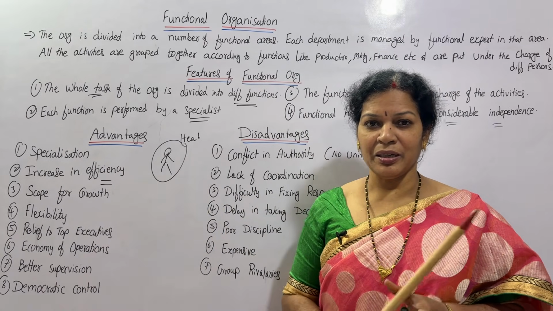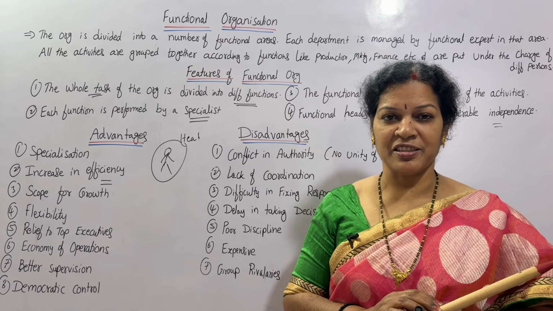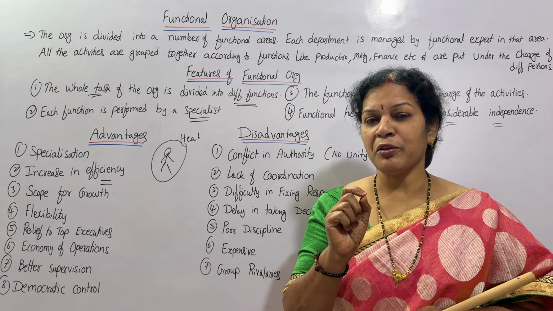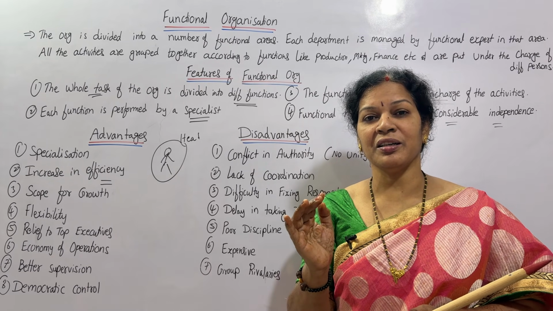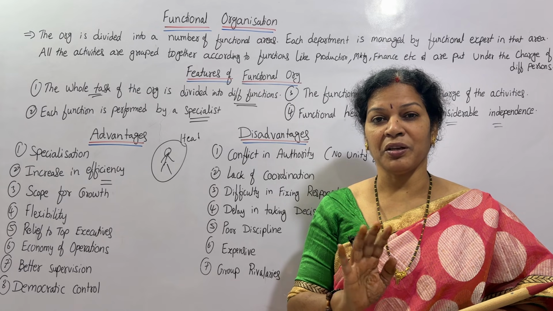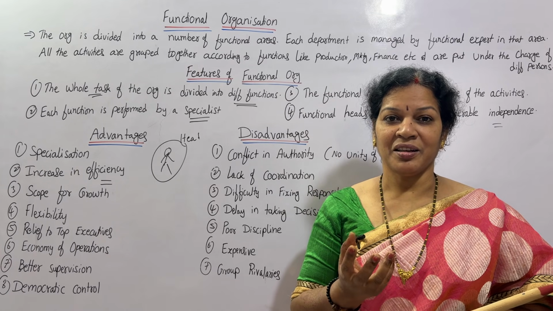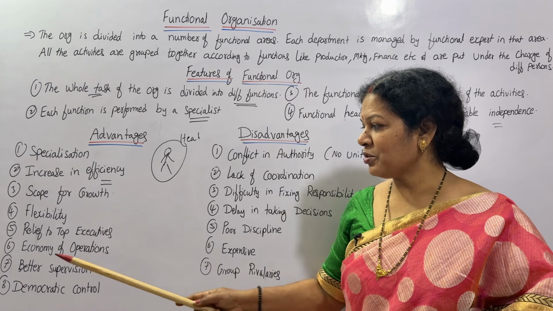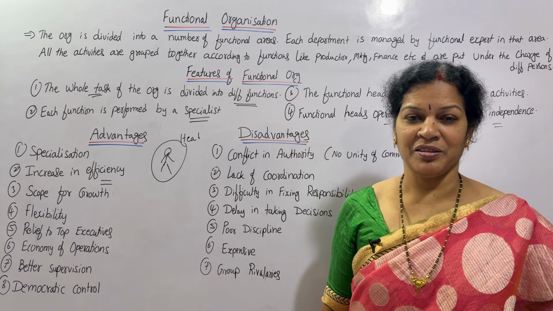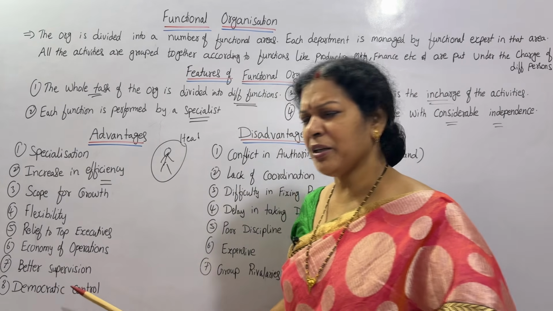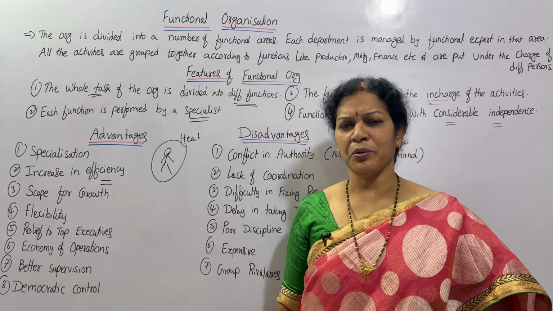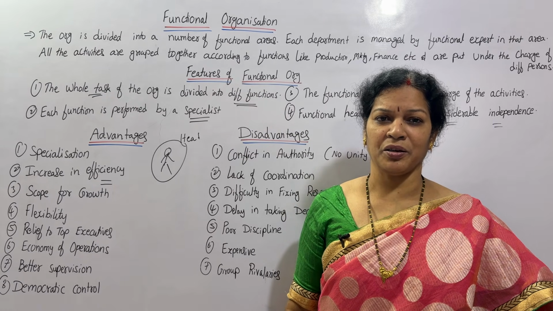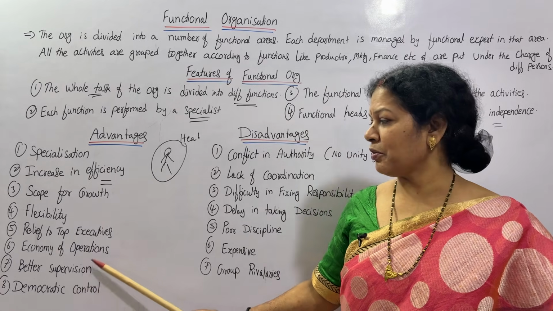When you make heads responsible to handle the things, then definitely there may be some kind of cost, but from the result point of view, the cost is nothing. The result you are going to get is always wonderful. So this you can call economy in operations. Need not worry. And better supervision. Heads are there, so they are going to handle the entire department. When the department is handled, automatically the organization is under control. So supervision also you can expect.